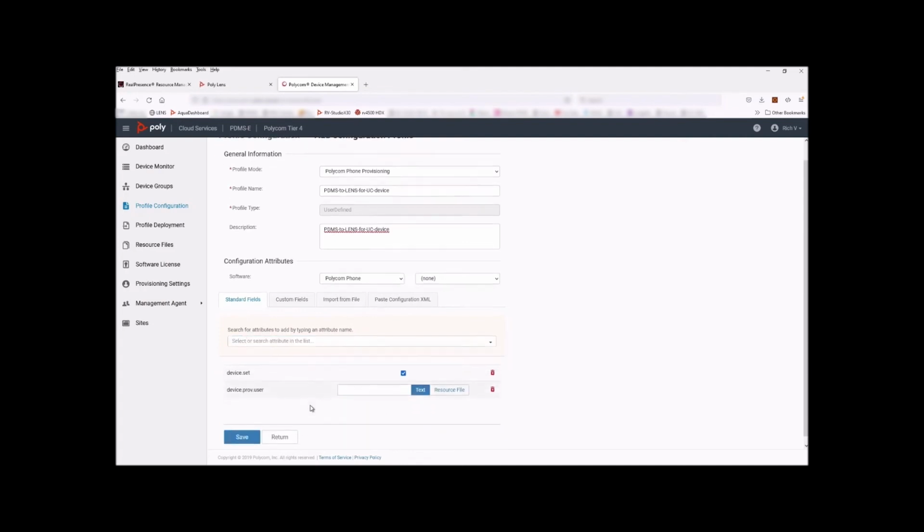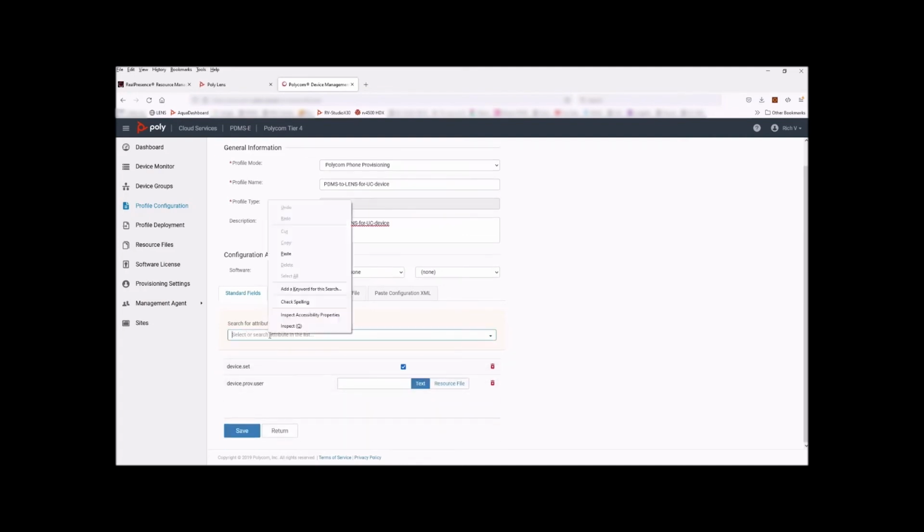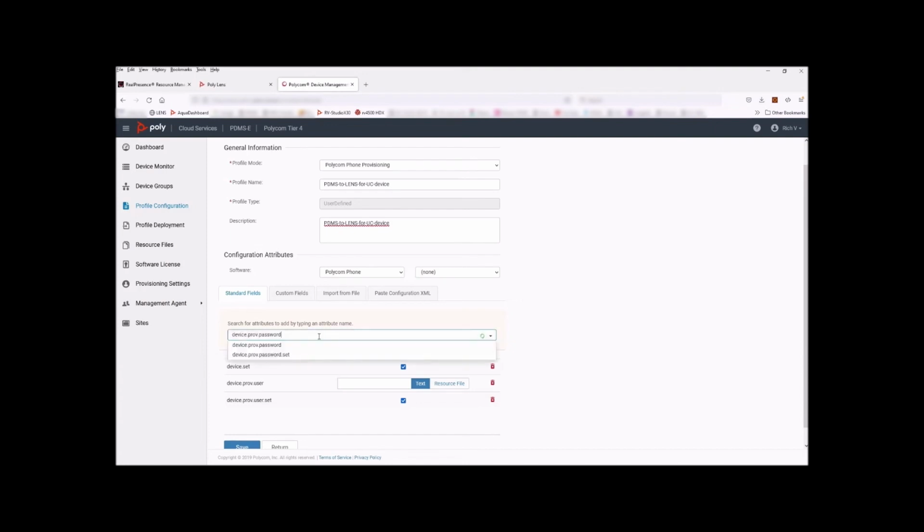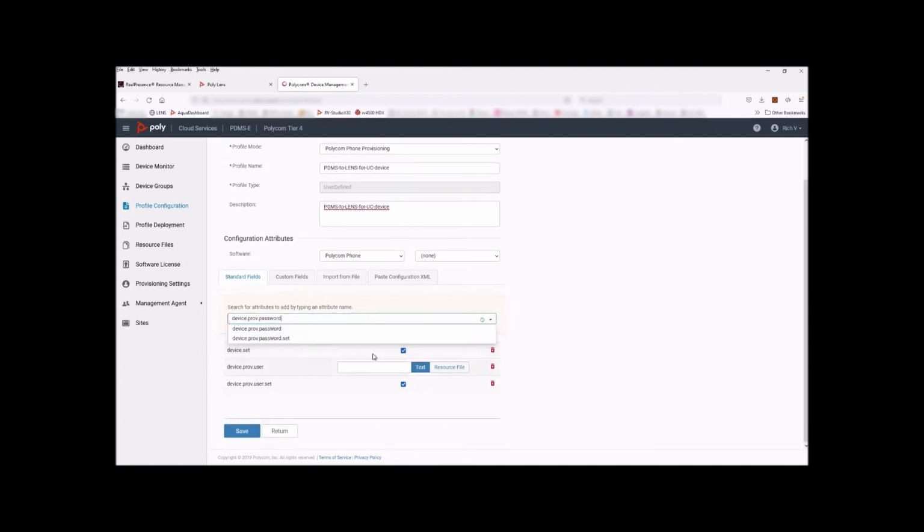Device provisioning user. And then we also need the set parameter for device provisioning user. Check that box. We also need the device provisioning password and the device provisioning password set.